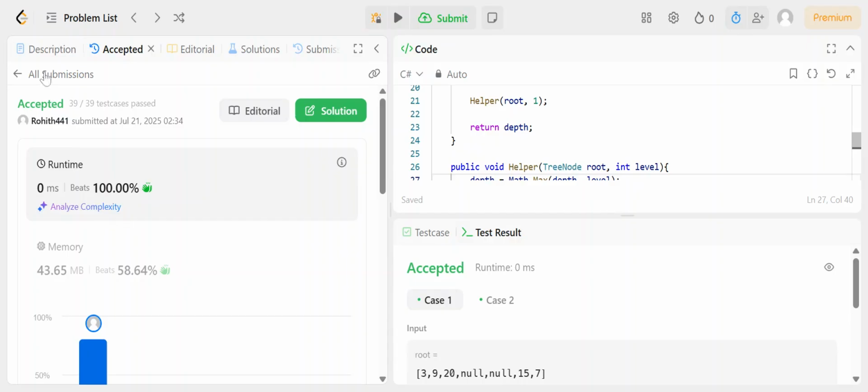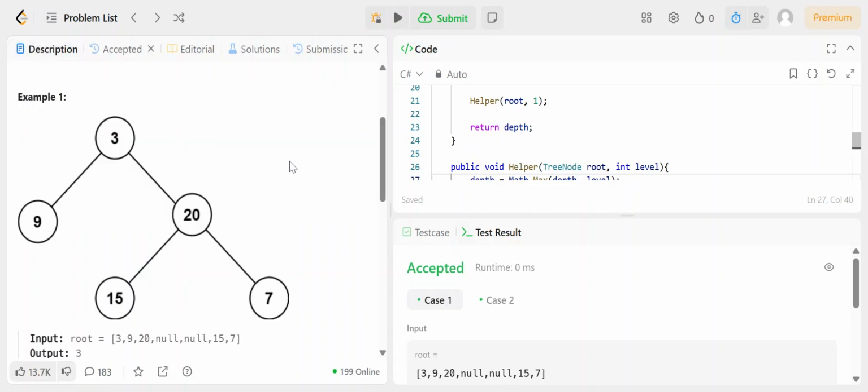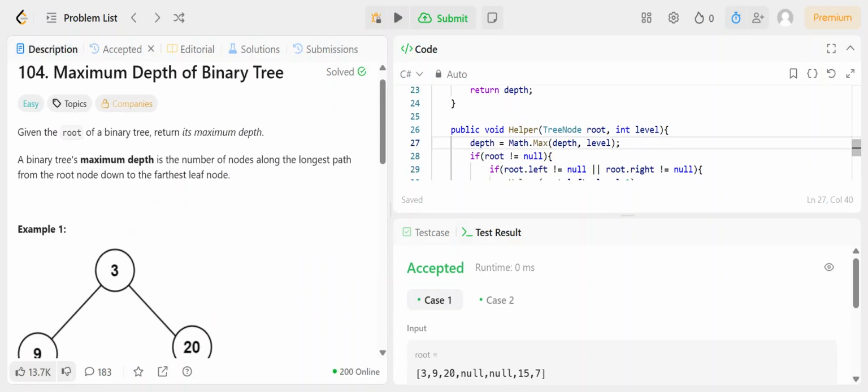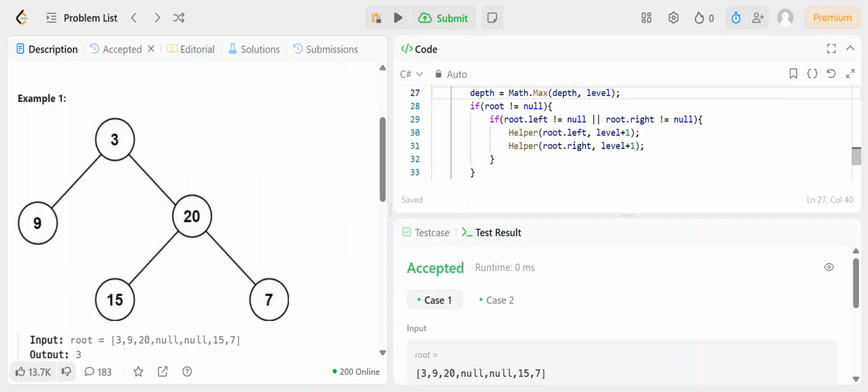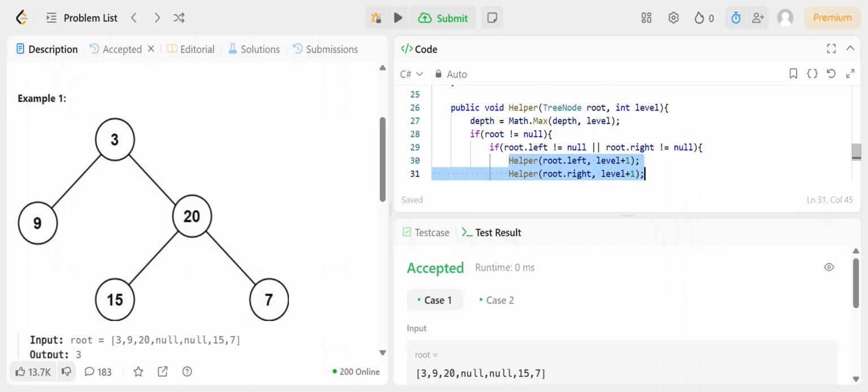So the key thing that we need to remember here is, when we are going to check for the depth of the binary tree, we can follow a recursive method. If we are willing to follow the recursive method, then we need to call both left and right in the recursive function, and we need to upgrade the level each time. The similar kind of thing we have followed in our previous problem,